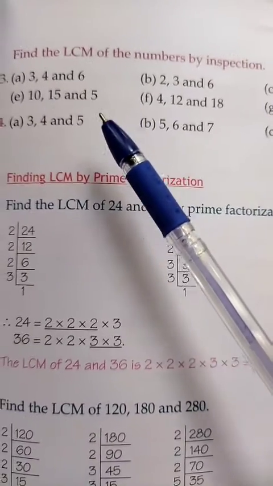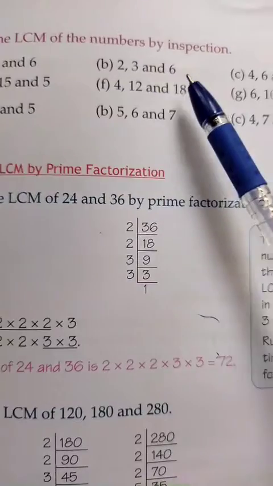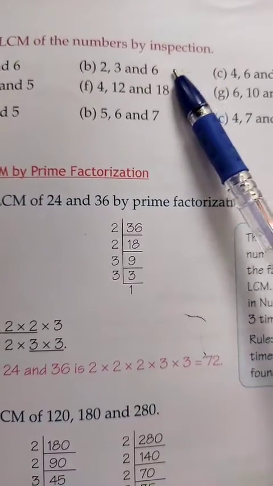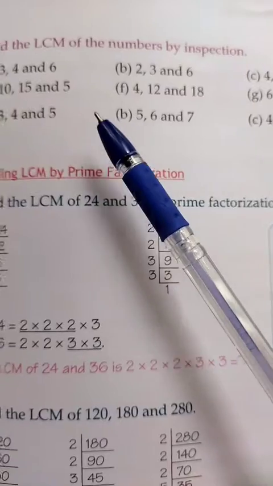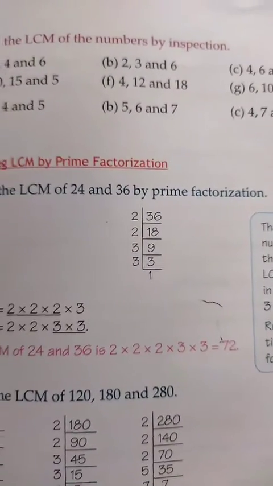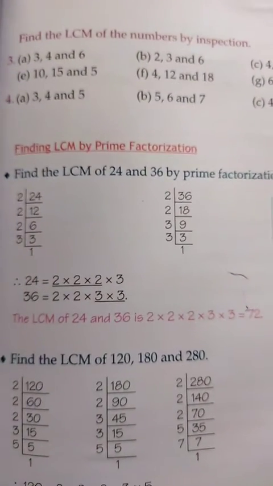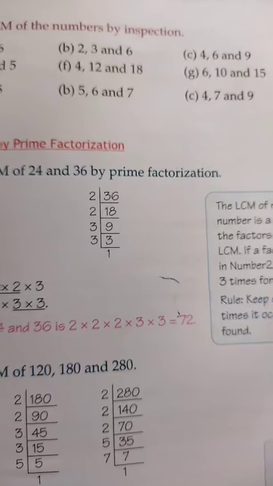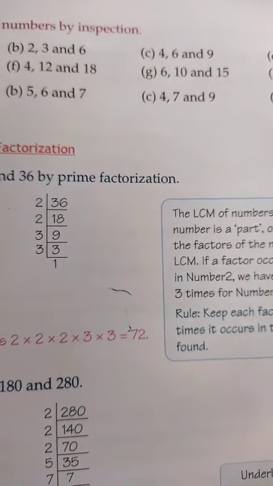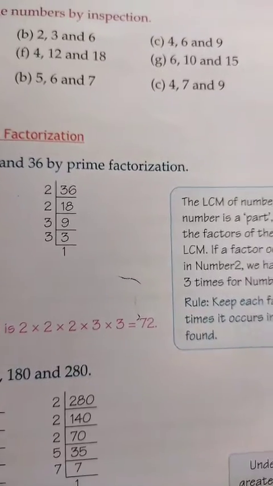In this also you have to write the answers directly. There is no solution for this question. It is the inspection method, which means you have to just see and think and then write the answer. So no solution for this question. Similarly you can do the fourth also. Just think what the least common multiple is and write that.